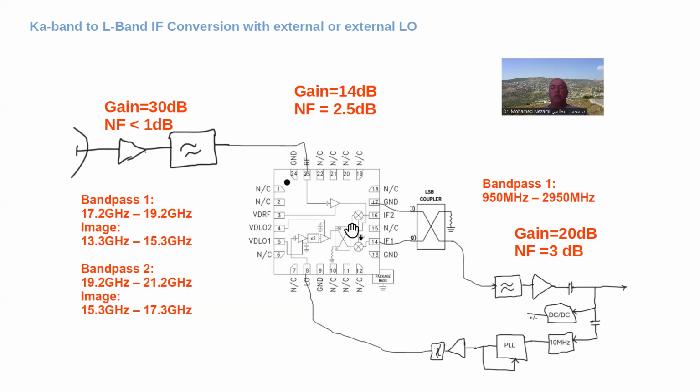And then this LO drives both mixers. What you end up with is a quadrature I and Q, which in this case they call IF1 and IF2. So I'm going to take these two that are 90-degree shifted from each other, in quadrature, and then use an external 90-degree hybrid